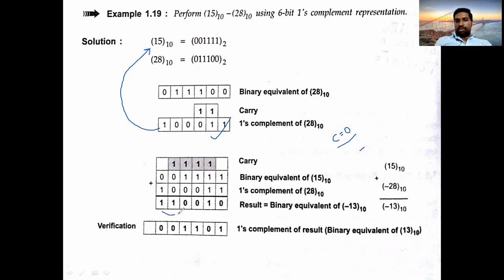And this is the answer you got, and this answer will be in 1's complement form. If you want your original answer back, convert this answer into its 1's complement. Then you will get this one. This is the representation of 13, which you already know. So the minus sign is already there, so keep 13. The answer you need to get is minus 13. Once you observe and become familiar with the steps, it will be very easy for you.